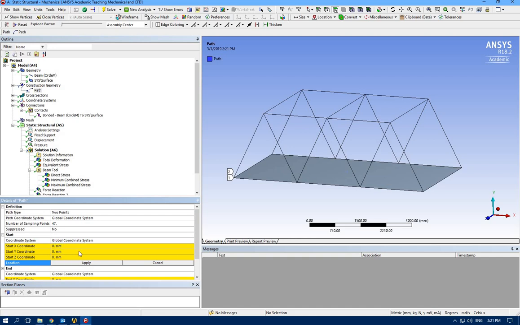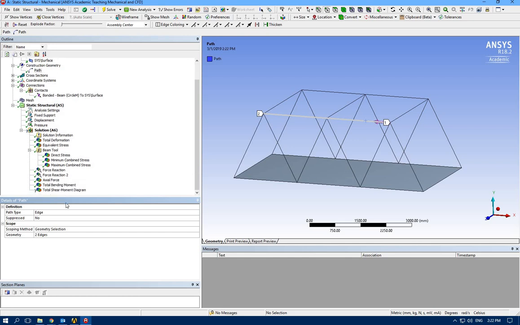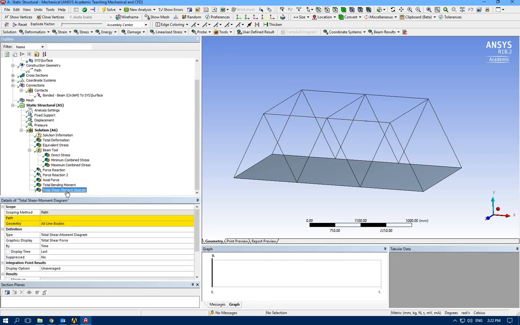We can have 2 points path, but here we are going to select edge. So let me select line selector, select this one and this line, and apply geometry. So I defined one path for our shear diagram because we need to select a path. So the path is ready,